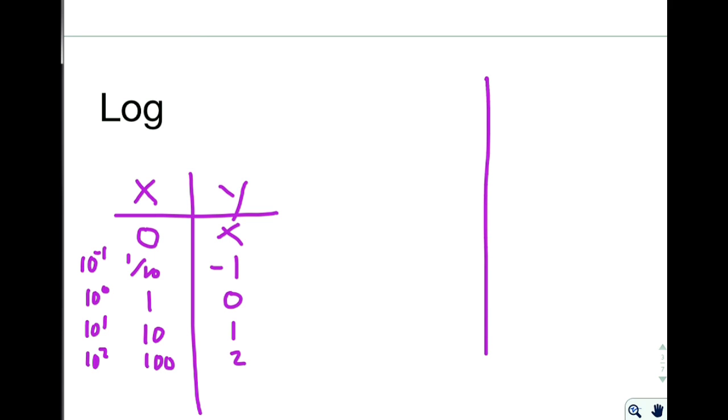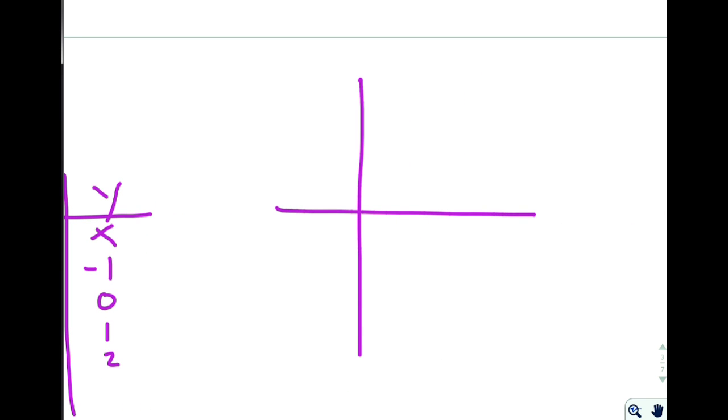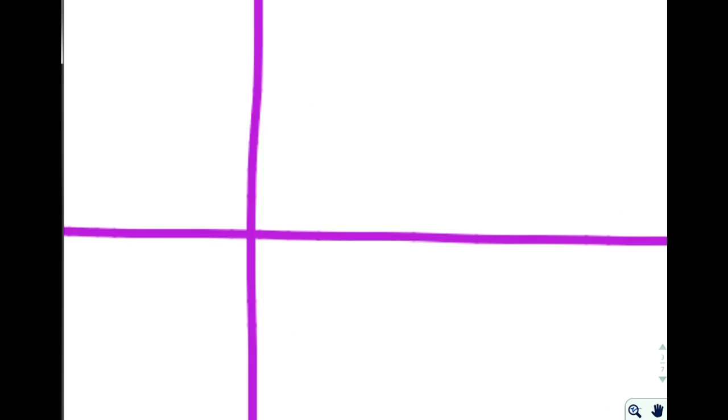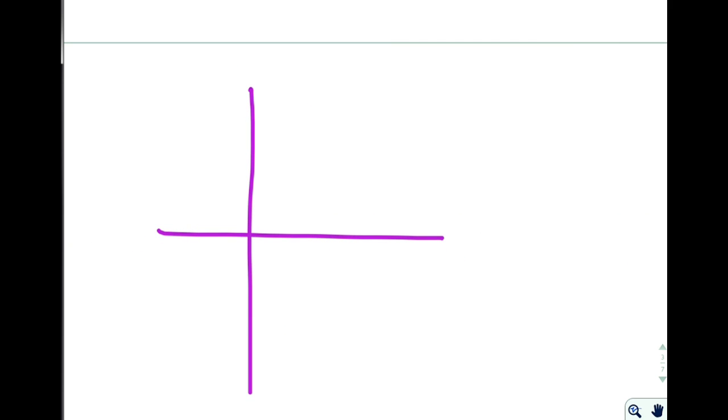If we were to draw a graph of that, then what we would find is that nothing is going to be over here in the negative x's, and in fact we will never even cross the y-axis. So the y-axis, it will get closer and closer to it forever, but it will never touch it. As we move on our x's, we'd have x equals 1, and then farther out you'd get to 10, and much farther out you get to 100, and so forth. And so the spacing on here is a little bit harder to write,